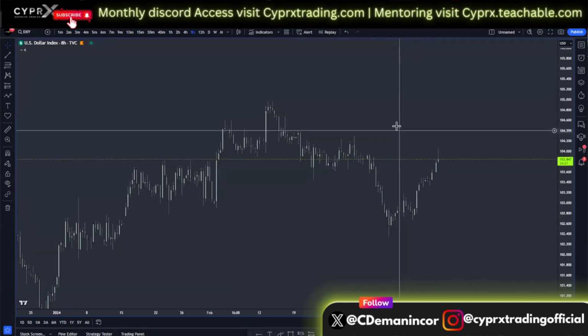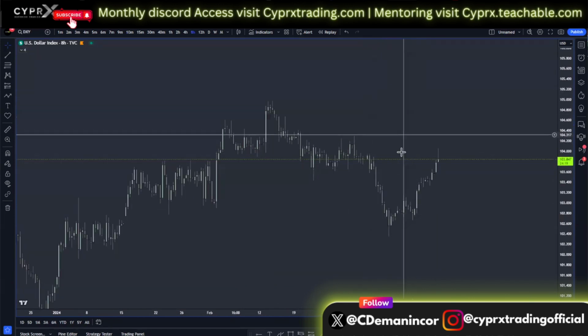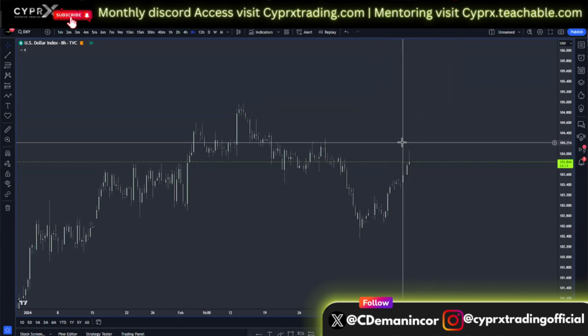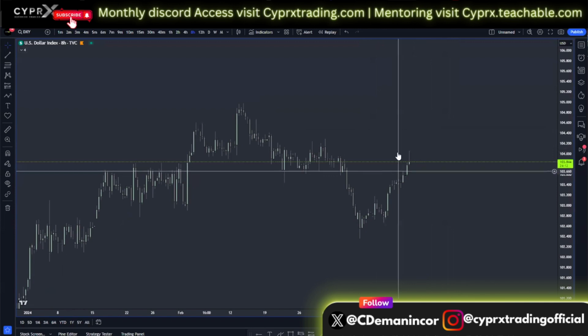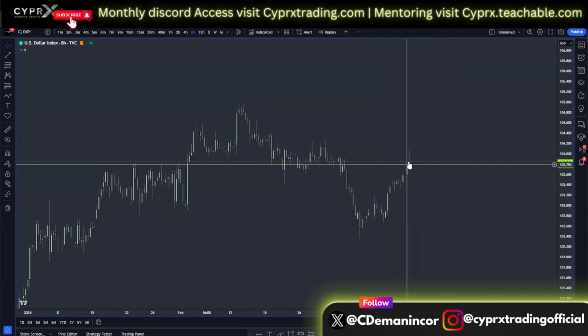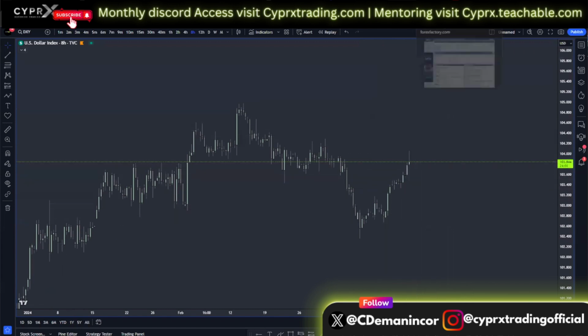All right, so now that all of that information is out of the way, let's go over the potential scenarios that could play out this week if we see a further dollar strengthening, or if we see the inverse and we see the dollar fail to break above the 104 and start to retrace some of this previous bullish move. So let's go over the most ideal scenario first as risk asset investors.